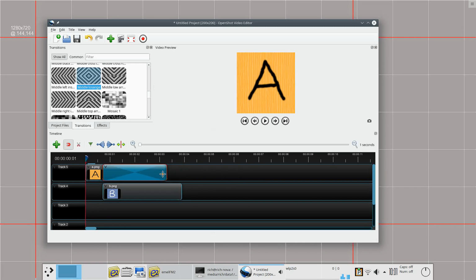Anyway, we can adjust the transition. Same thing, length of the transition. And with this slider we can scroll through, see what it looks like. Invariably I've found we need to right click and reverse the transition. Now check it and it looks like that, and that looks better. It goes from A to B quite nicely. So once I'm satisfied with that, I can go and